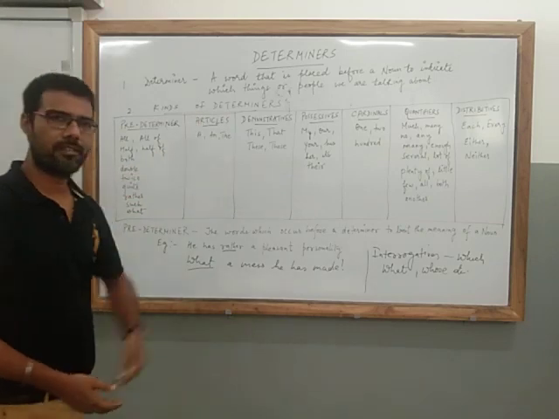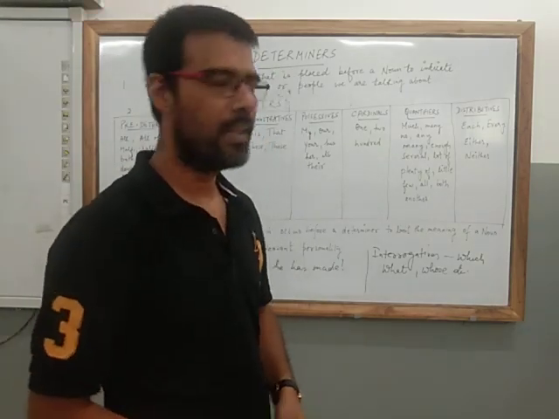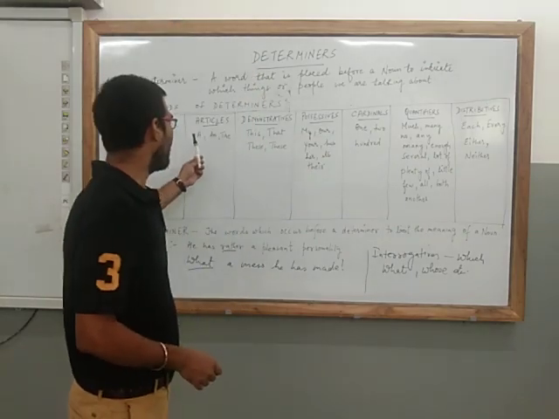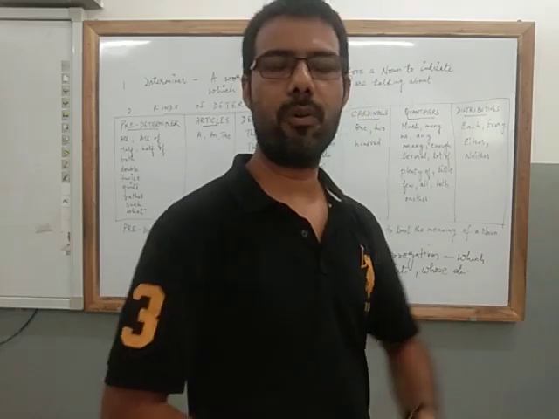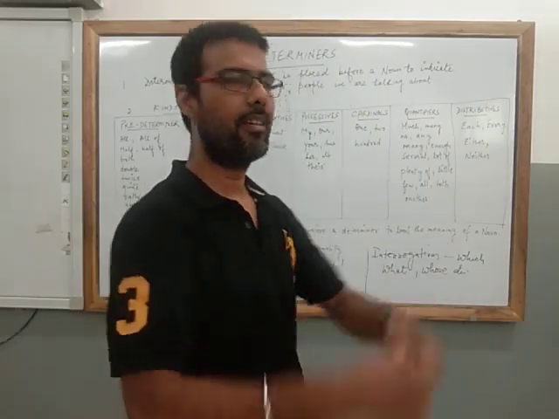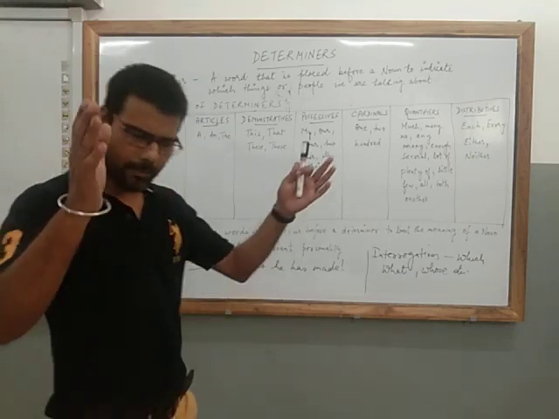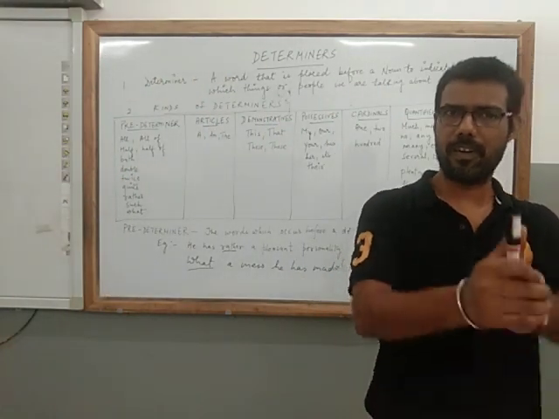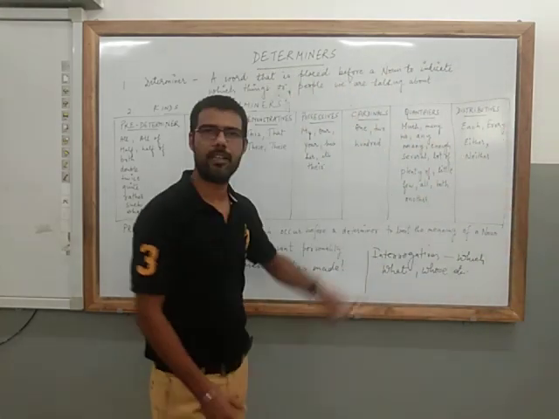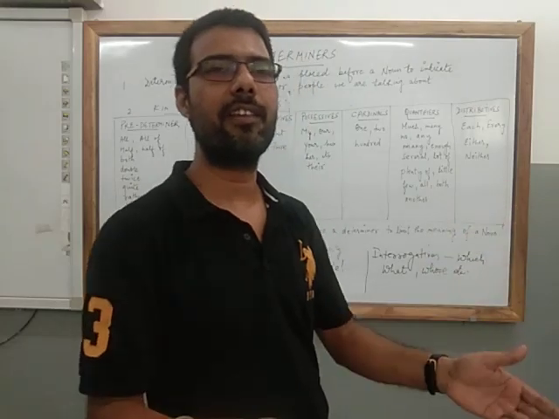Second, articles. Children, we are all aware of what an article is. So here, the articles a and the always precede a noun. Thus, it is considered to be a determiner. Children, let me tell you one very simple thing about determiners. What I feel, determiner is also a part of adjective. It can be considered as a less interesting adjective.